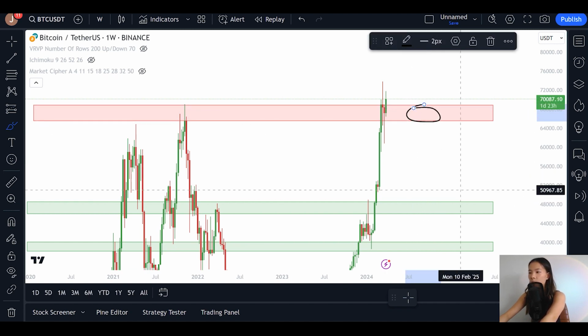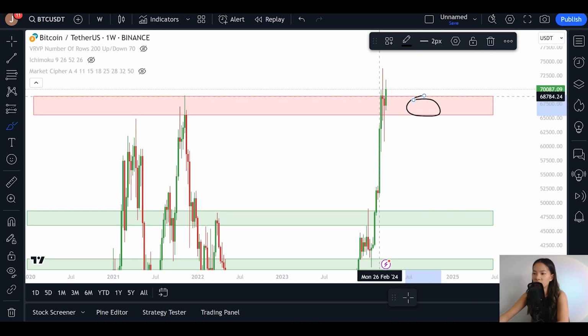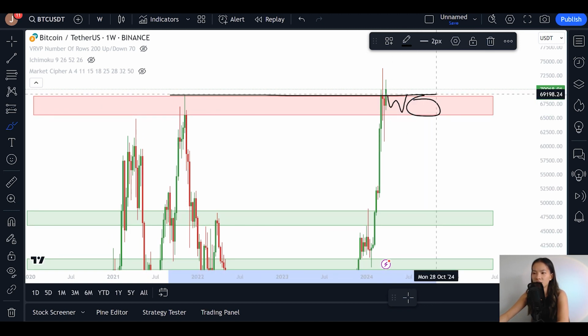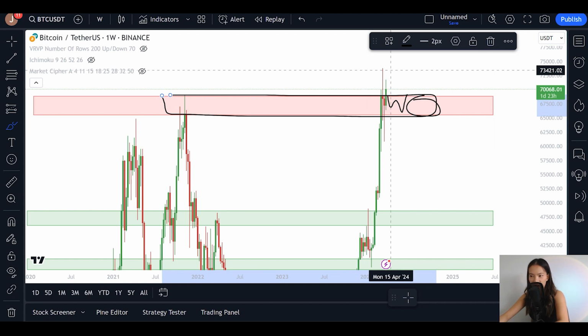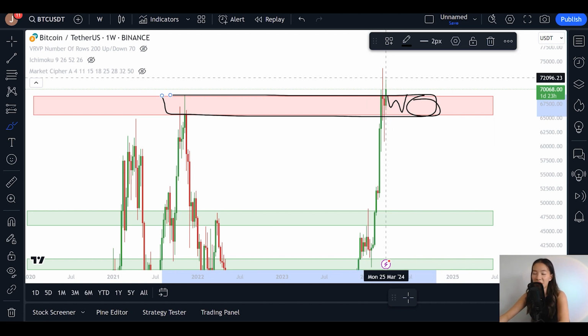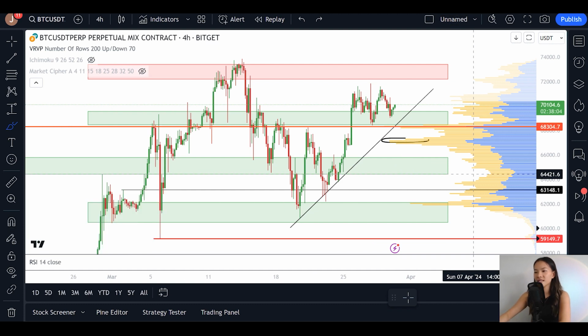We won't get the parabolic behavior that we're looking for just yet. It won't be confirmation of that. It'll just be a continuation of consolidation within this range of resistance here, testing that all-time high. So that's fine. That's the worst case scenario, and that is still fine. It's not necessarily bearish. In the bullish case scenario, if we hold these levels here at 69K and we move